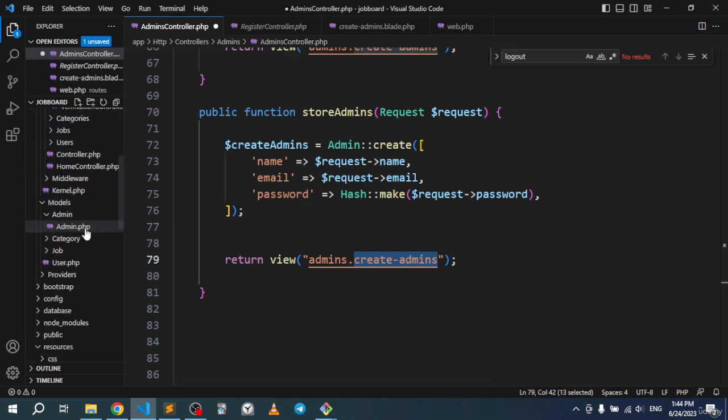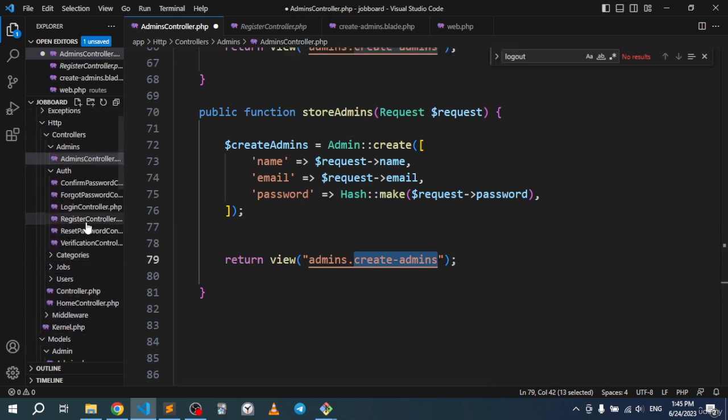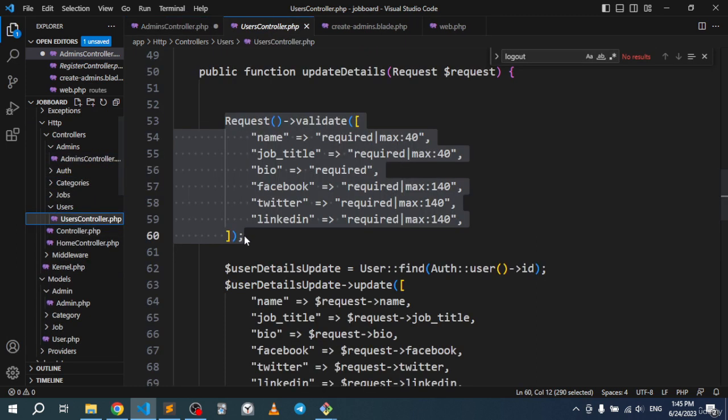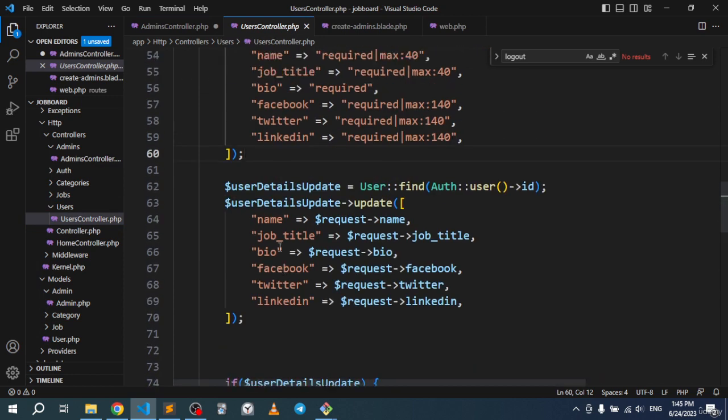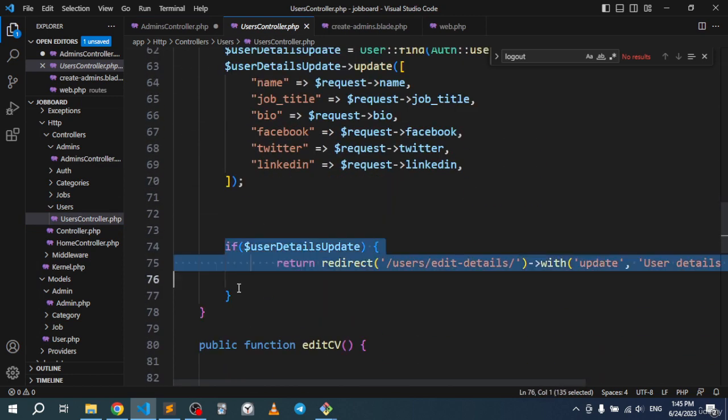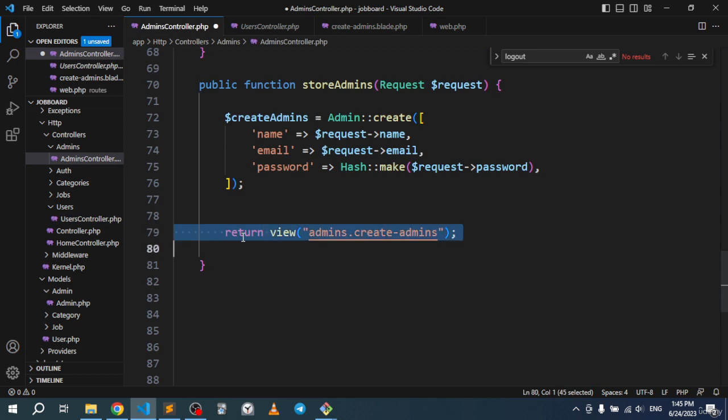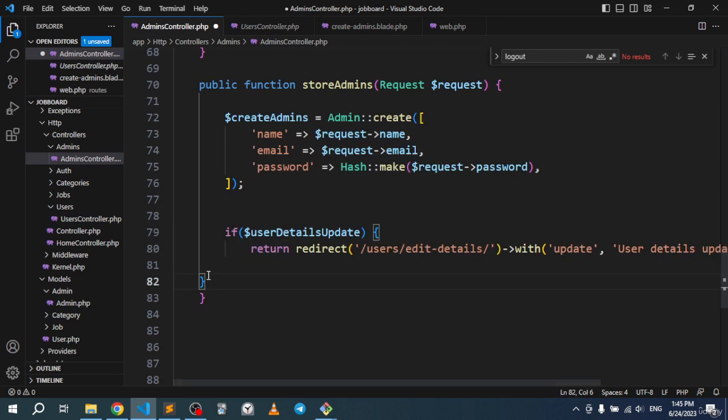we need to go back to the logic of, let's see, if we go to the users folder and if we go to the users controller right here, after we insert, we can pick up this right here. All right, so this will do the trick. So let's paste this in. So we're gonna say after we insert, we're gonna go to slash